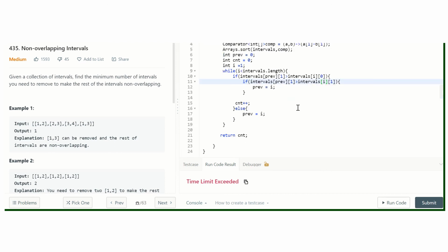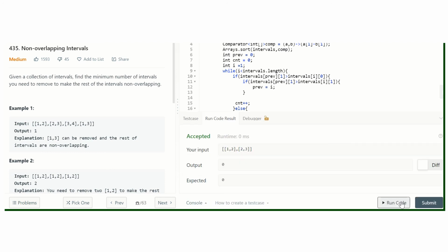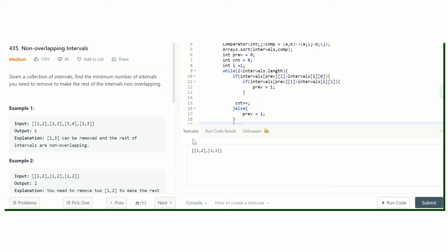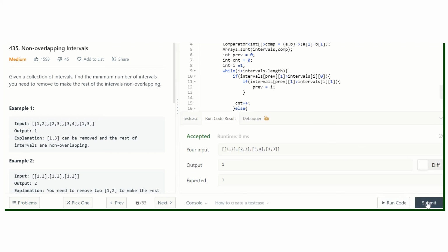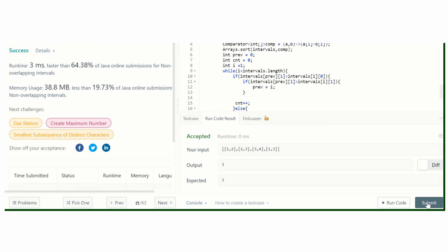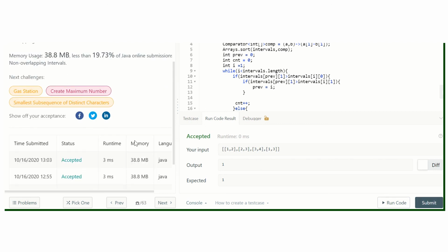Okay, I have forgotten to increment that i. Sorry, i plus plus. Yeah, so it is running. Let's check on another input. Let's run this. Let's submit it. Yeah, it is accepted as well.